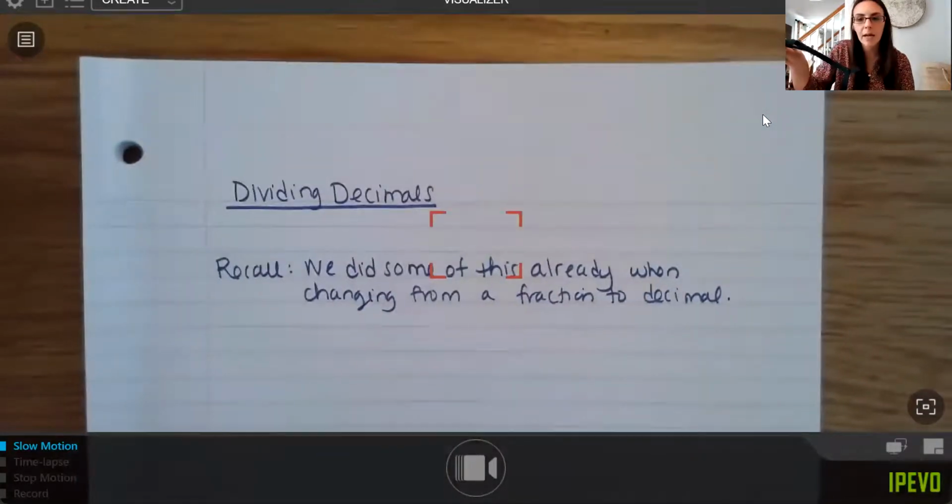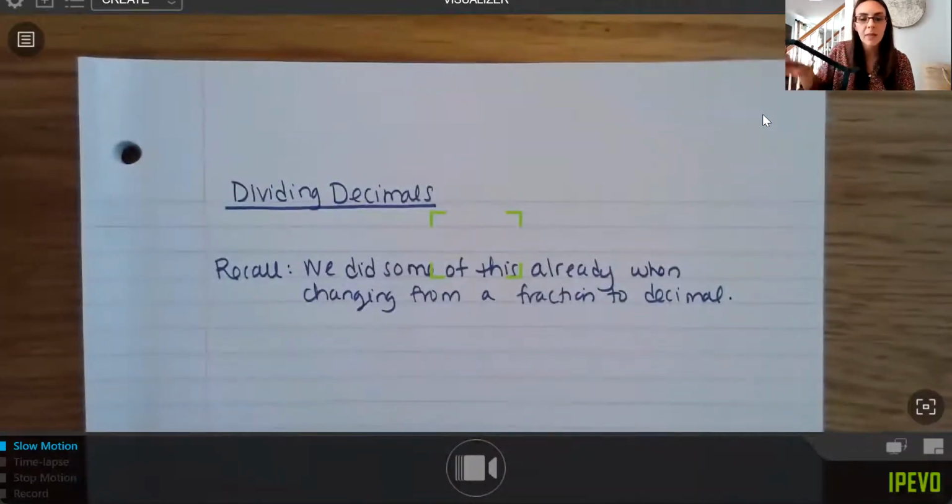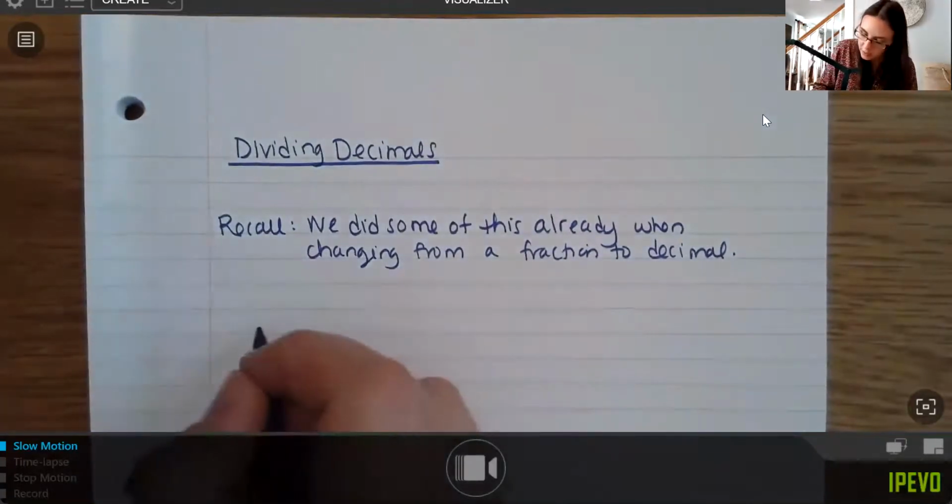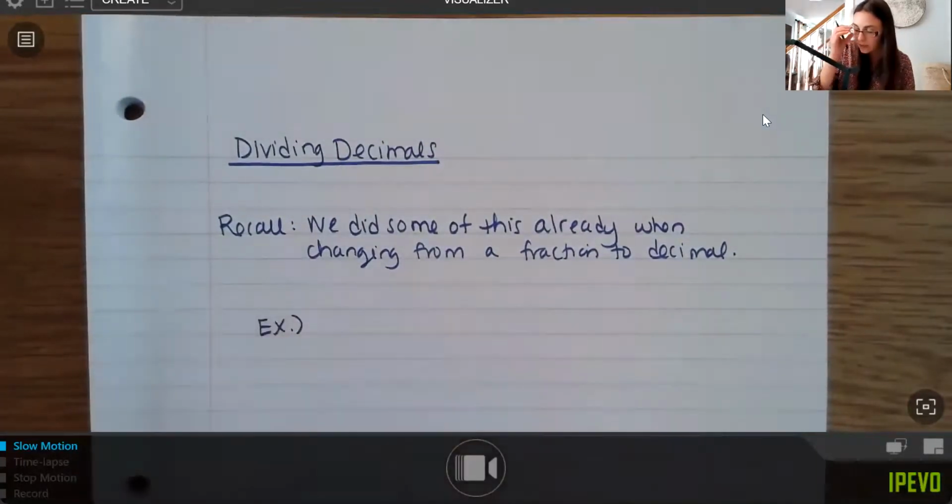Sorry, my camera is being really bad today. We did some of this already when changing from a fraction to a decimal. So I'm just going to do a quick example here. So let's say you have the fraction